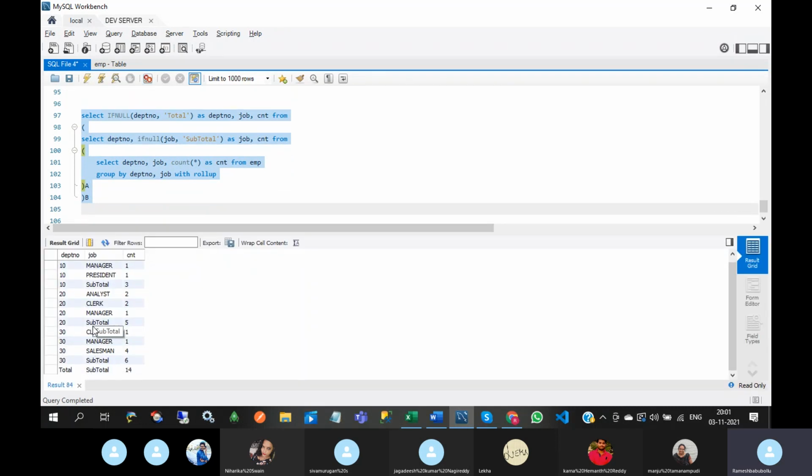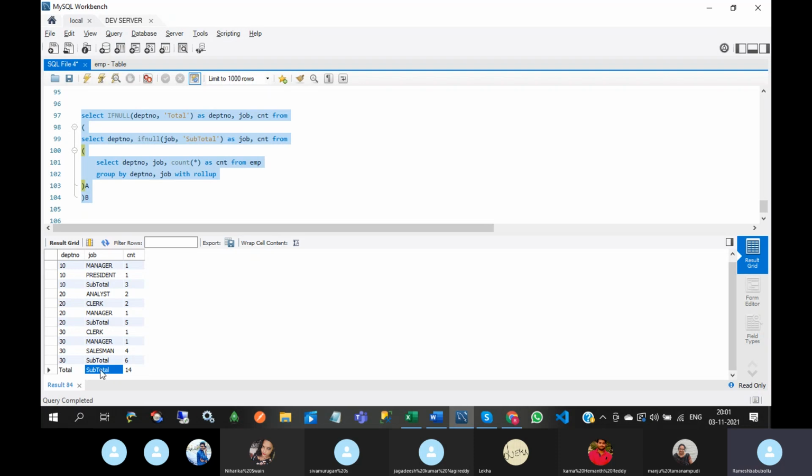See this here. Subtotal comes at the end of each and every department, 20 and 30. But here at the end of the department number, total will come. After that, subtotal will come.